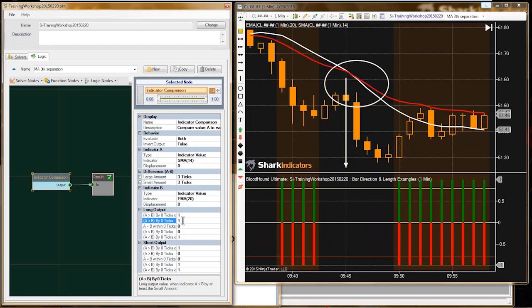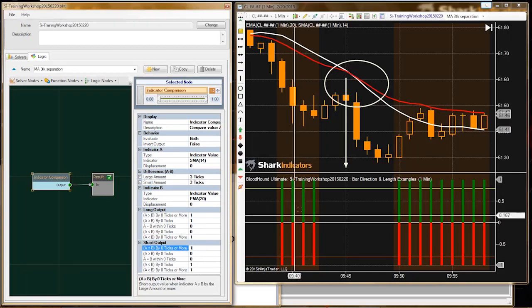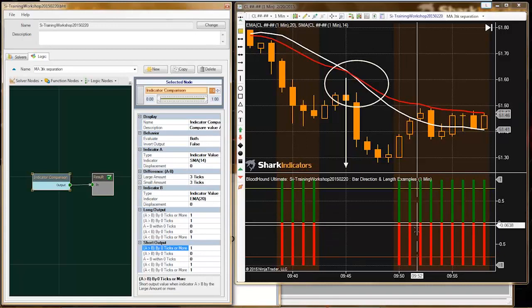Remember the comparison solver: the top 2 long conditions and the top 2 long outputs are set to 1. As you can see now, I could just leave them at 1. And the short outputs, these 2 are set to 1 by default, so I could have left them at 1. When I put a 1 down here, that created both a long and a short output at the same time. So if I strip that 1 out and put it back to 0,